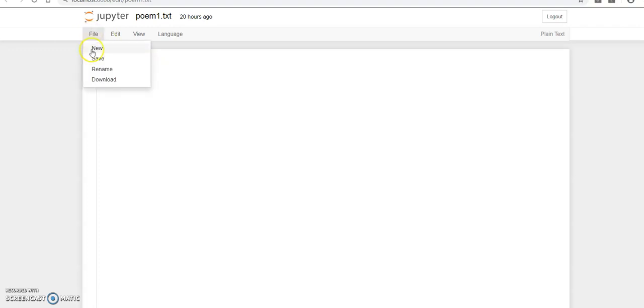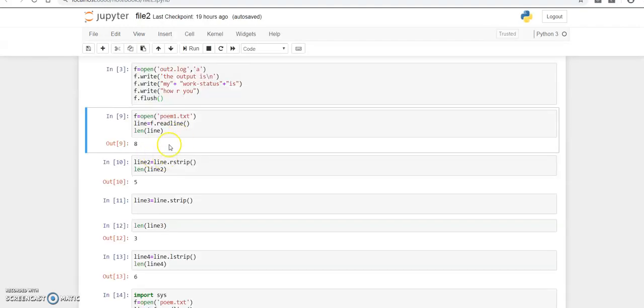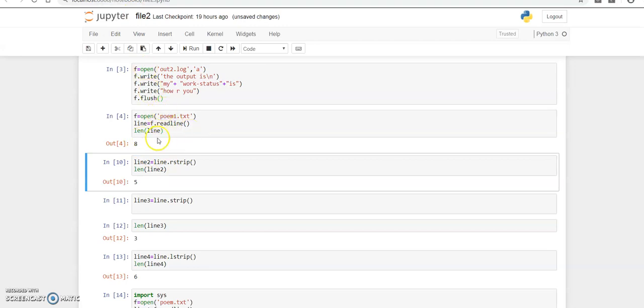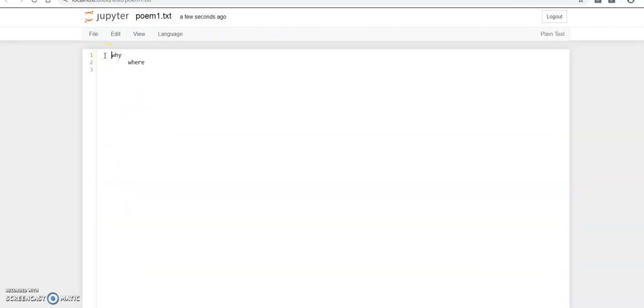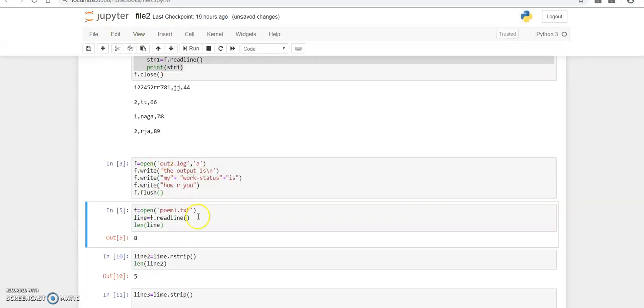Now I am saving the file once again and executing it here. It is going to read the first line only, so I am introducing spaces for the first line. Okay, so I am saving the file, and after saving the file I am going to execute this content.